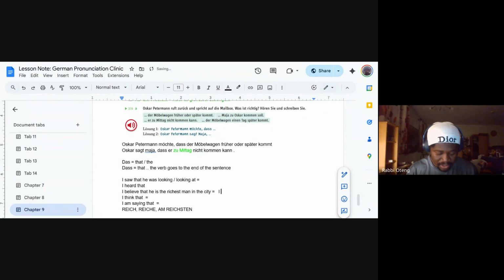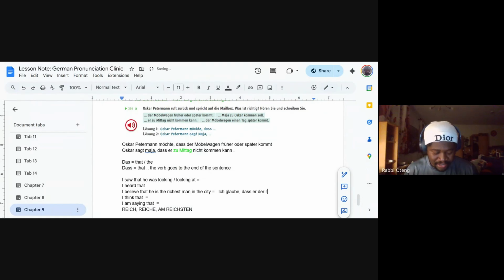So, Ich glaube, dass. Ich glaube, okay. Ich glaube is a full sentence. Okay, that's the main clause. We use dass to form a subordinate clause, to join two sentences. So immediately before the dass, your comma must come. You can't write them together. Your comma must come. Ich glaube, dass er is the man. Okay, so